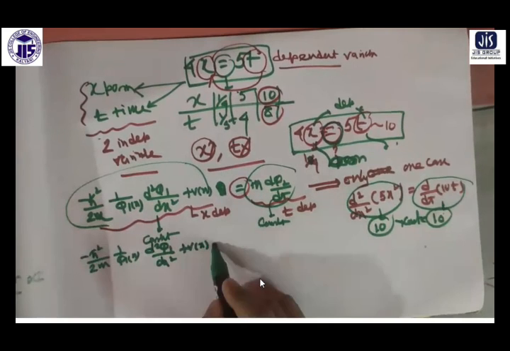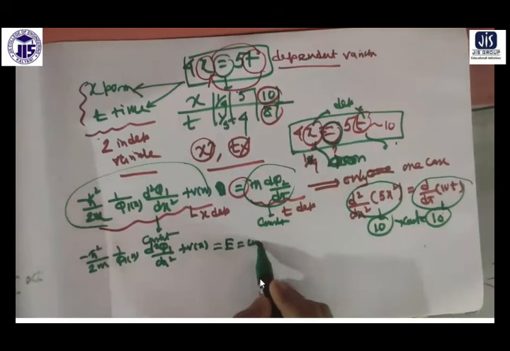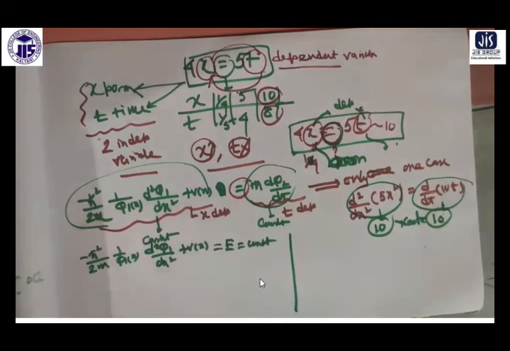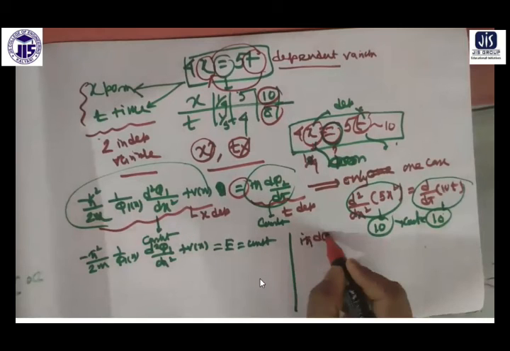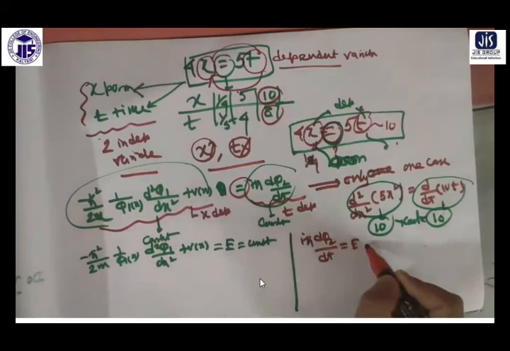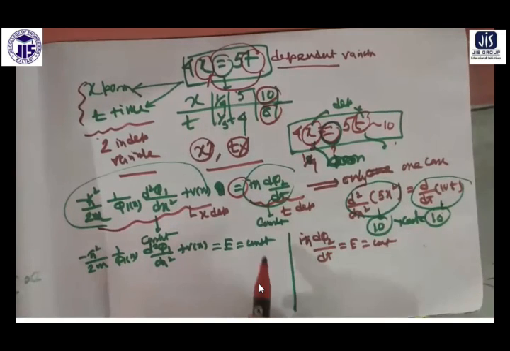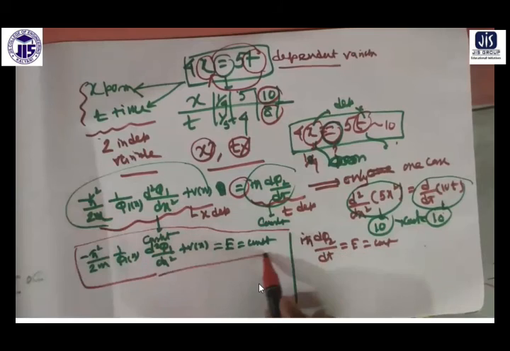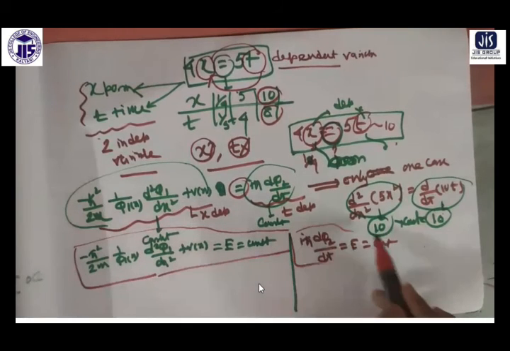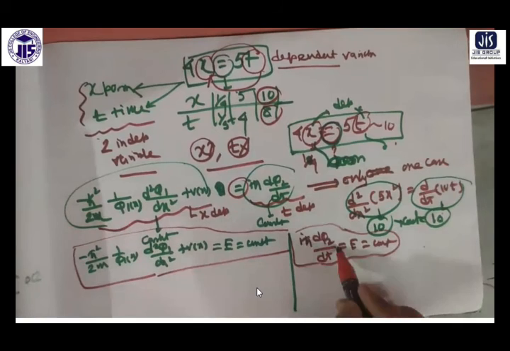This side equal to some constant, say E, and the right side also, that is equal to iℏ dφ/dt, is also equal to some constant. You see that initial equation of Schrodinger, now I have separated it. From that single equation I get two equations. One is the equation in terms of t, another is the equation in terms of x.